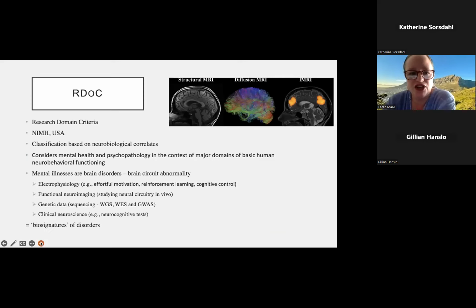So just a side note, I don't know if people have heard of the Research Domain Criteria that's also being developed in the USA. This is a classification system that has arisen out of the criticism against ICD and DSM, that their classification is not based on neurobiological correlates. And so the Research Domain Criteria think about mental health and psychopathology in the context of major domains of basic human neurobehavioral functioning. So they will have things like negative valence systems,